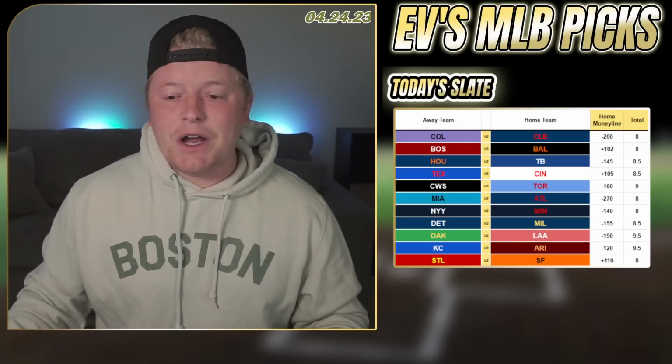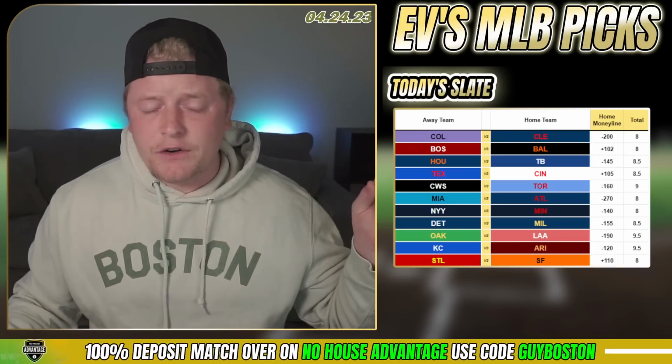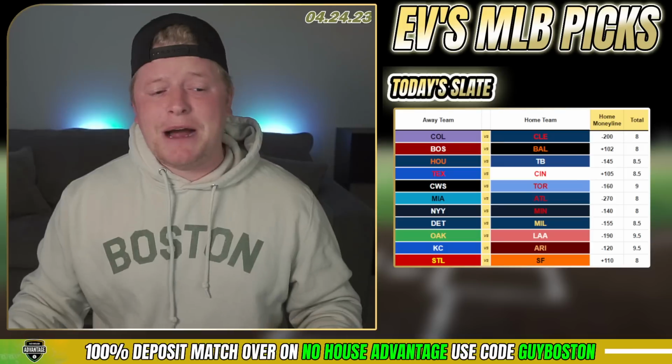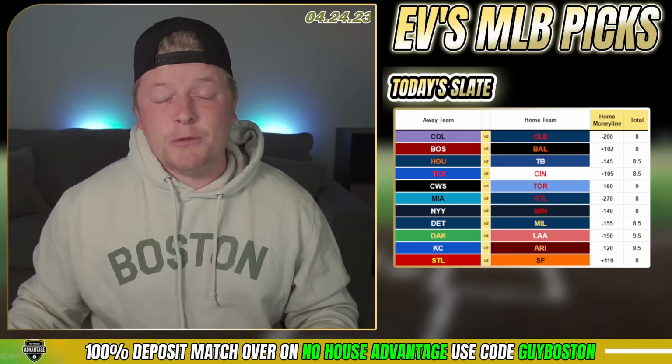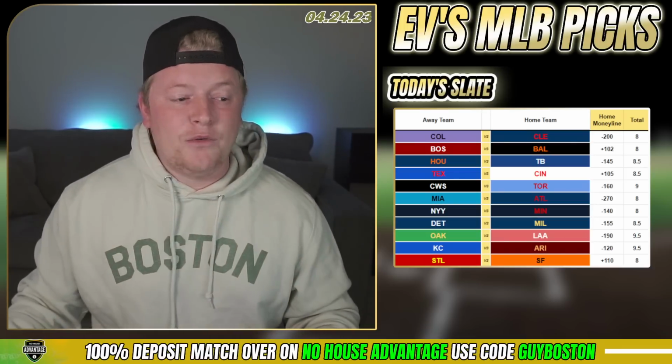We have the Orioles taking on the Red Sox here. Orioles minus 101. Actually, I think it says they're underdogs on the graphic. Since then, it's been updated. Minus 101 on the money line at home. They are still the underdogs. Red Sox are minus 109. The total is sitting at 8 runs right now.